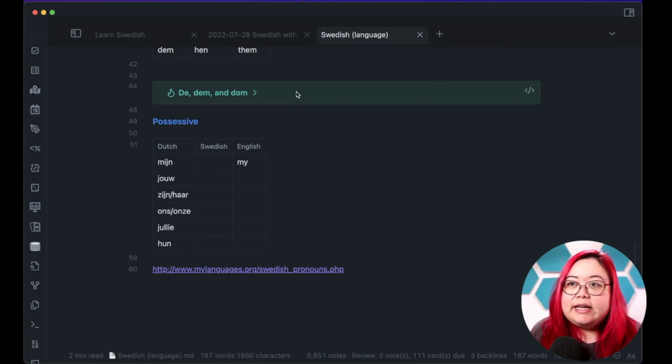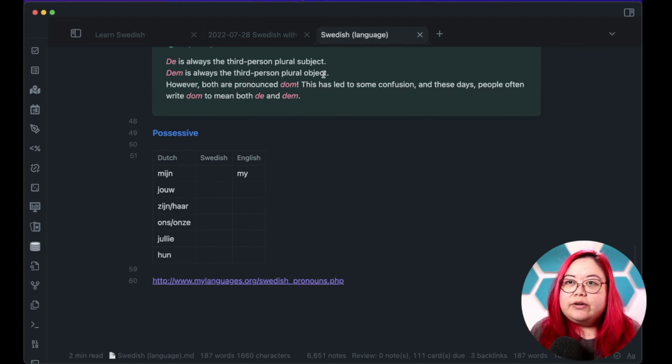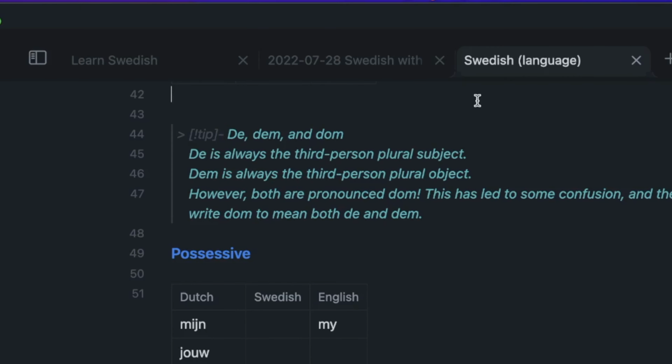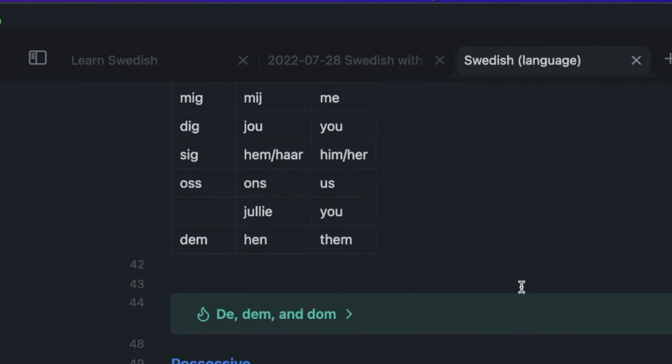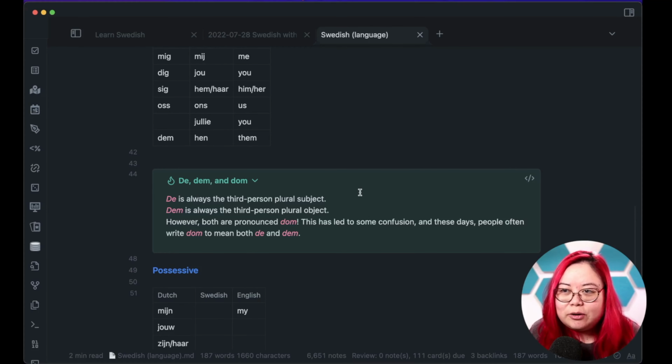I also like that I can hide some of these callouts. So if we go into the code here, you'll see that I'm using this minus sign, and that means that this is going to be automatically collapsed. So I don't bombard myself with a lot of information, but if I am wondering about the difference between de, dem, dom, dem is also pronounced dom, then I can expand this and I'll get a little bit more of